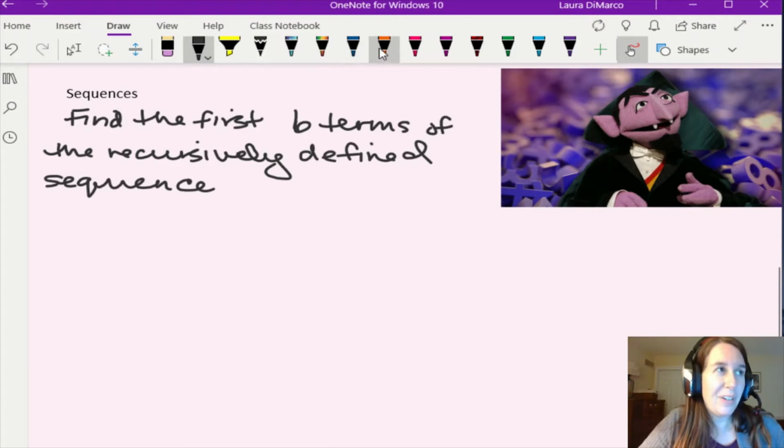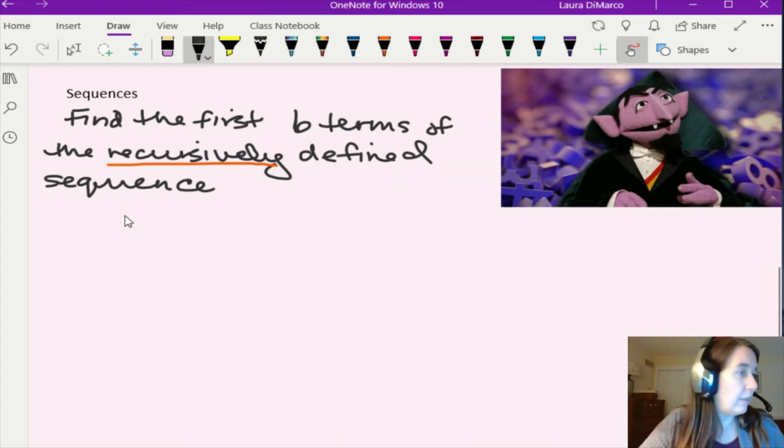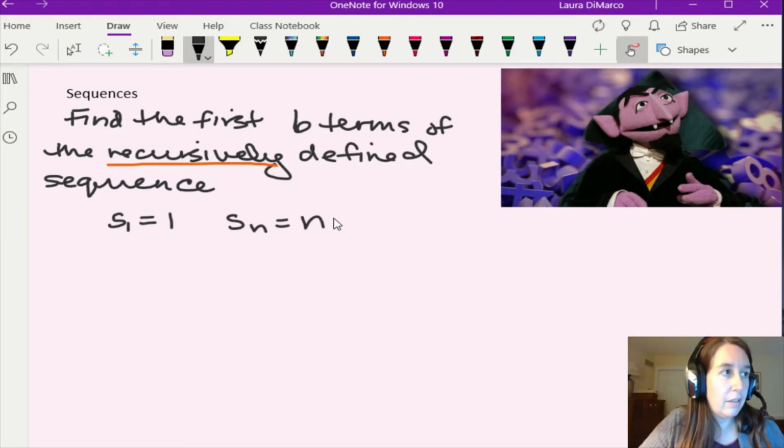And obviously we're going to find out what that recursively means. But here is our formula. S sub 1 is equal to 1, and S sub n is equal to n times S sub n